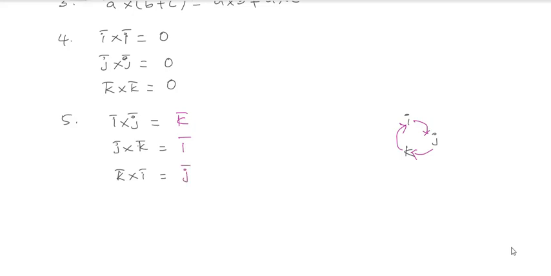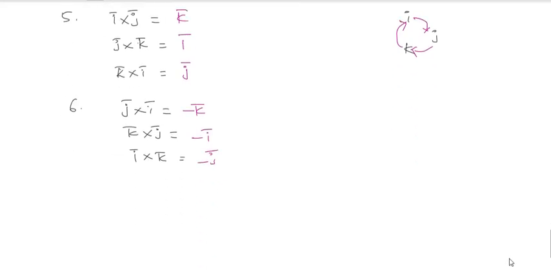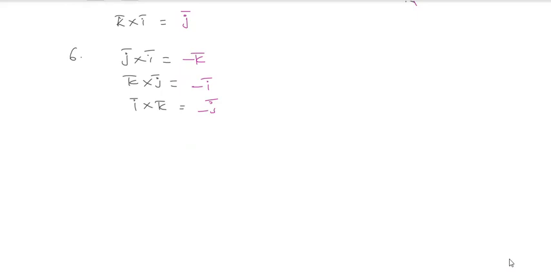Similarly, if I take one more thing, which is the reverse of this: J bar cross I bar, then K bar cross J bar, then I bar cross K bar. The reverse will be, so this is this side. Am I right or not? So in that particular thing, you have minus K bar, minus I bar, and minus J bar. So that you people have to keep in your mind. Clear with my point?